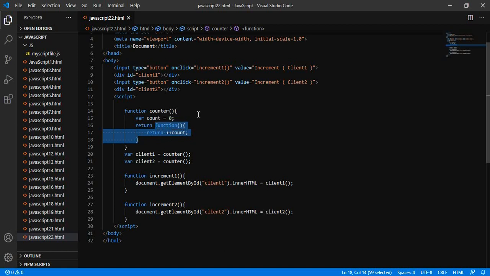It may look difficult to understand, but when we call this function, it simply gives you this function that has access to this count variable, and you keep calling it. When we click on increment, it calls this method and this function is getting called. What is this function? This function is nothing but this one.